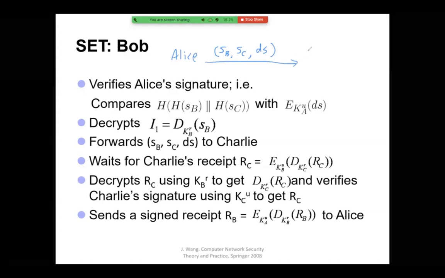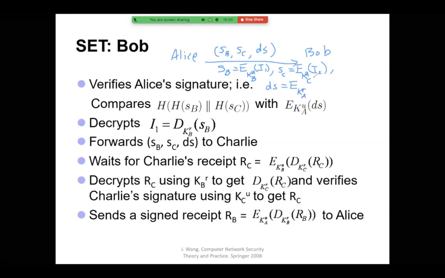Now remember, SB is the encrypted purchase order using Bob's public key, and SC is the encrypted payment information using Charlie's public key. And DS is a dual signature, which Alice signs